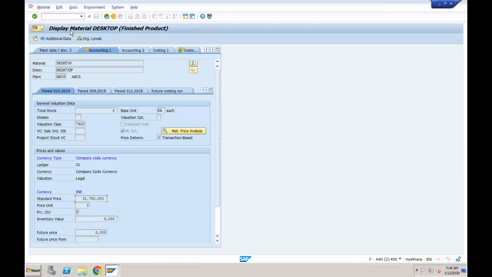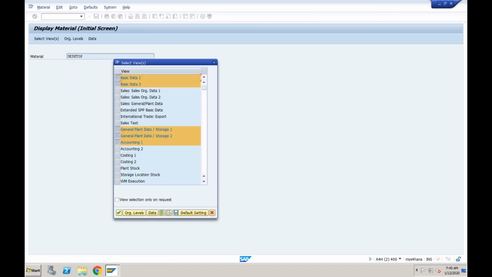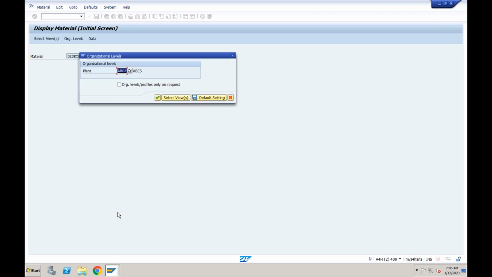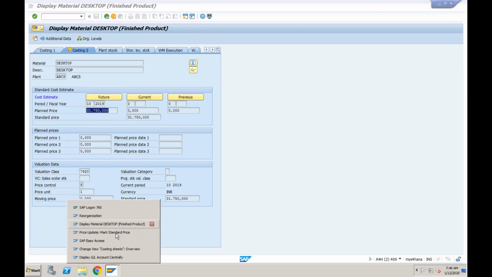So what should I be able to see after the marking? I should be able to see this price in the material master as the future price. So deselect all, go to costing 2 view for ABCS. You can see this has become my future price. Okay. Again, if I proceed with this, the next step is performing the